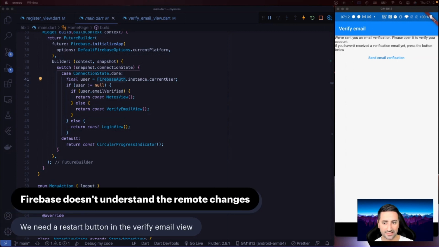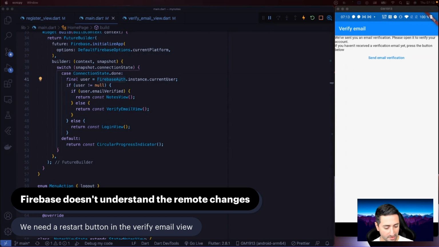because Firebase, as the caption right here says, it says Firebase doesn't understand the remote changes. We removed that user completely, but Firebase still believes that that user exists. And that is because, you see, the client that is inside, the code that is inside the client application which you are developing, can't constantly talk with Firebase and say, give me the latest state, give me the latest state. This user that is right now on this phone is a local user that once had a connection with the backend, but it doesn't anymore. But Firebase doesn't delete this user locally. So